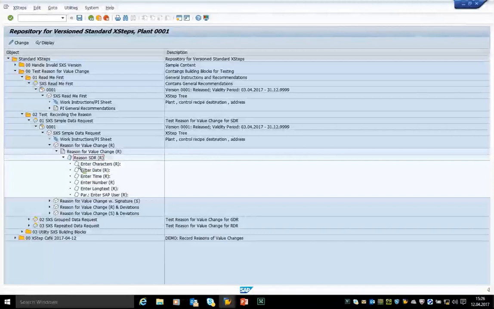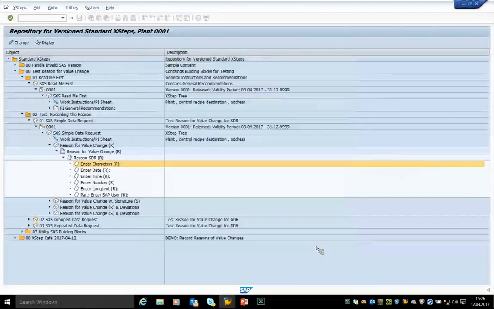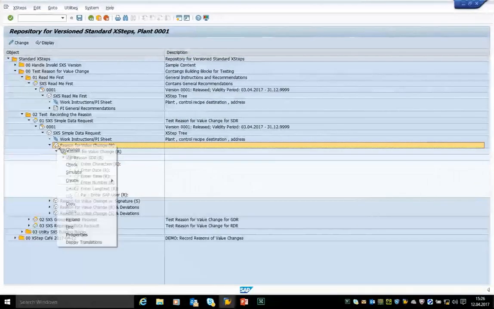But if we click on this input field where we just want to enter characters like a short text, you see this new input parameter appearing to record the reason for value change. So I will just go to the change mode and